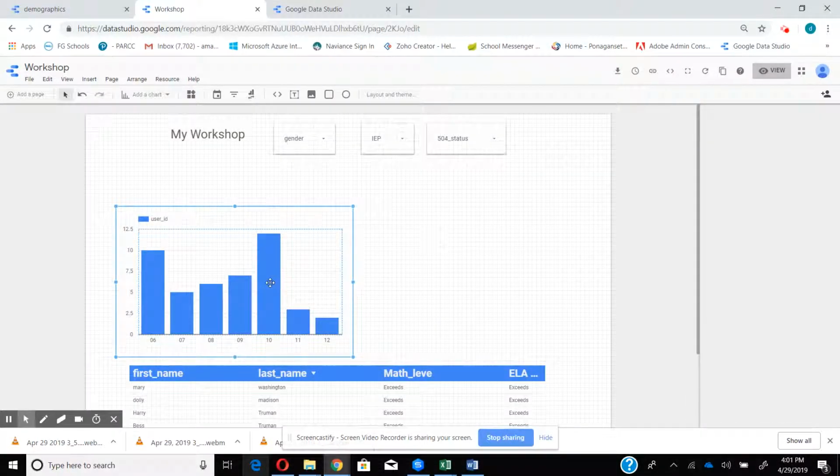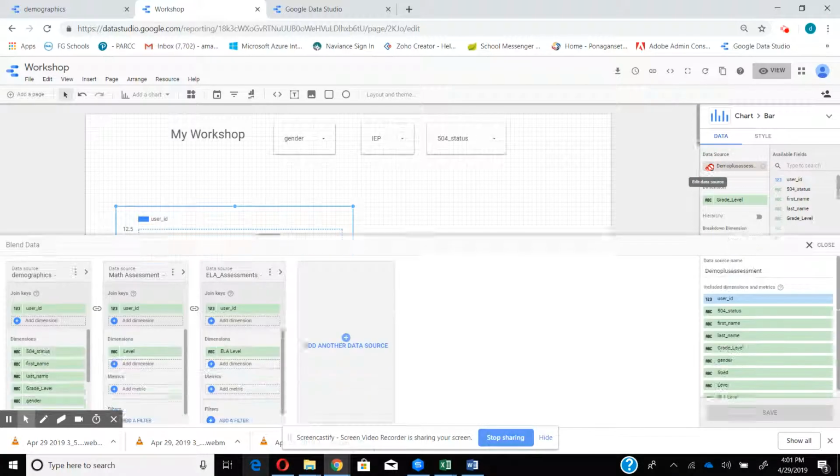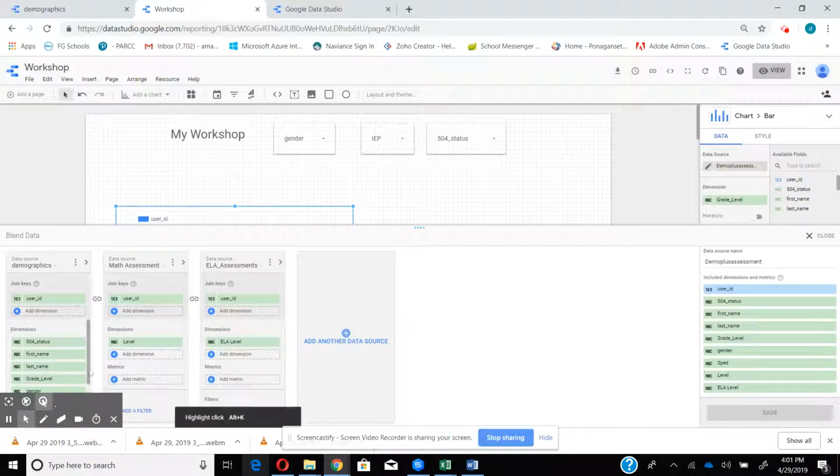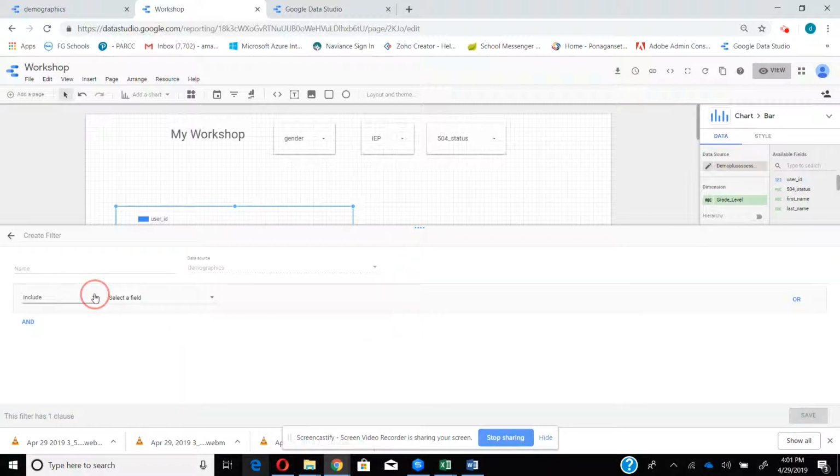The other thing that you can do with your data, I'm going to look at my blend here. I could go down here, and let's say I just want my data to be, let me try to get this out of the way here. Sorry. I can add a filter here. So let's say, for example, I only want to include something from my data elements. So I'm going to say I only want to include, and I'm looking for my grade levels. So I only want to include